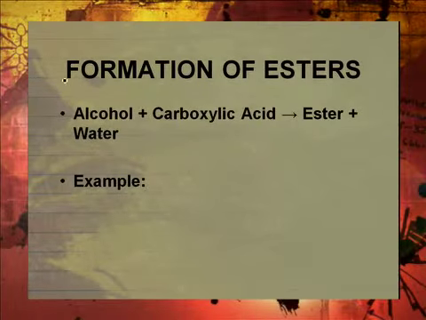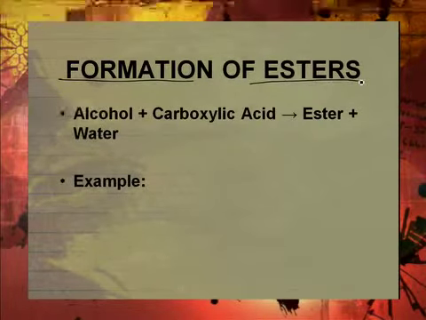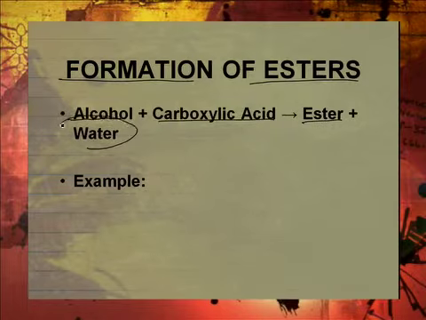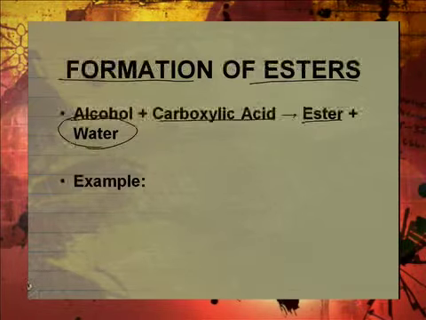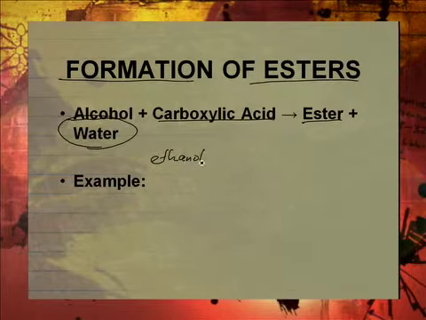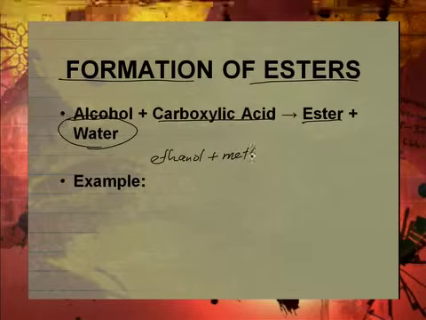Right, moving on, formation of esters. Now this is quite interesting. You need an alcohol and a carboxylic acid to produce an ester, and when you're producing an ester, one of the other products formed, or byproduct, is actually water. Okay, now let's have a look at it. If, for example, you've got ethanol reacting with methanoic acid,